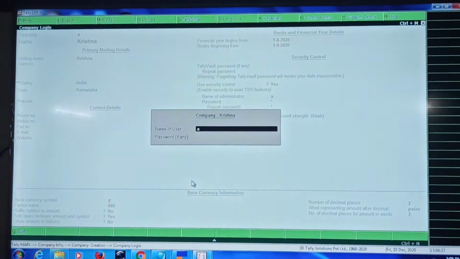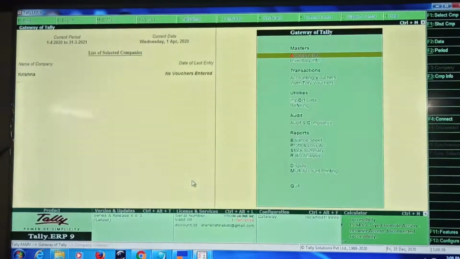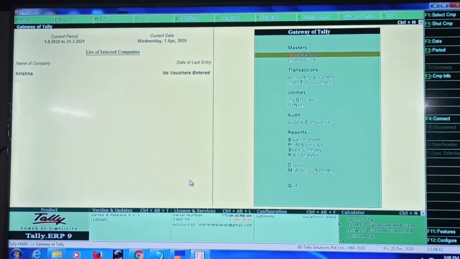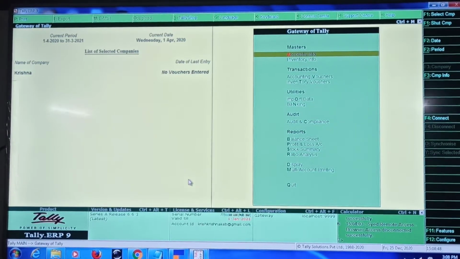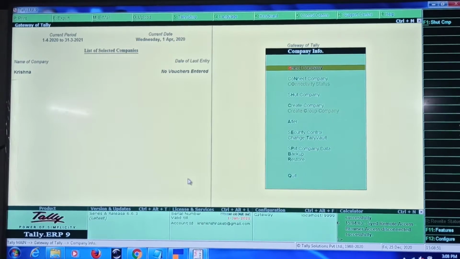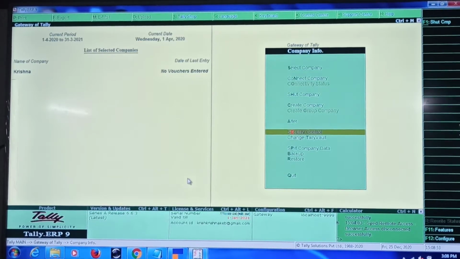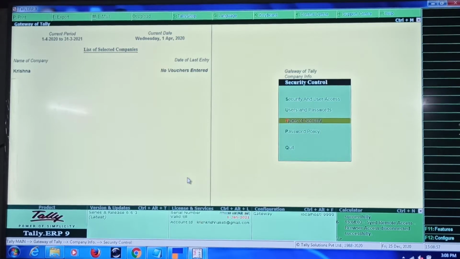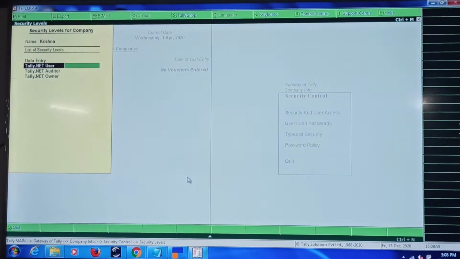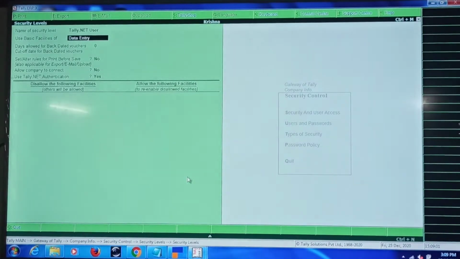Once you have created the company successfully, you will get the Gateway of Tally screen. From this screen, first press Alt F3 to go to security control. Under security control, we go to types of security and select Tally.net user.